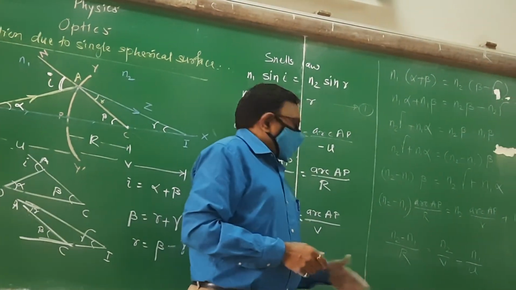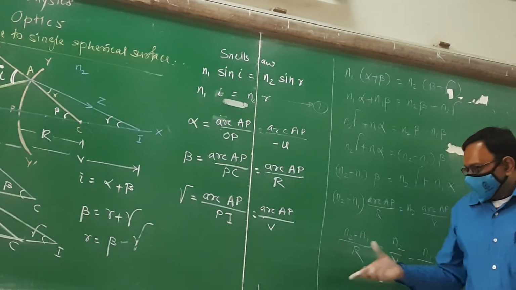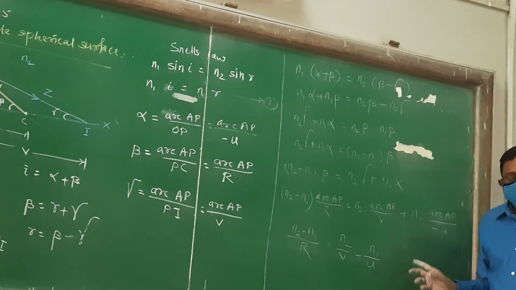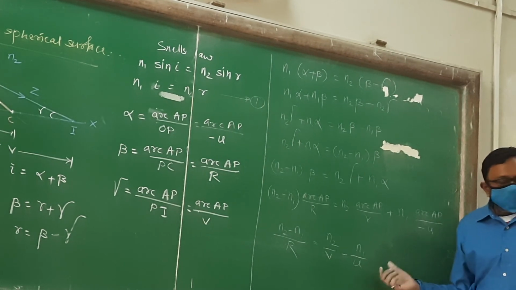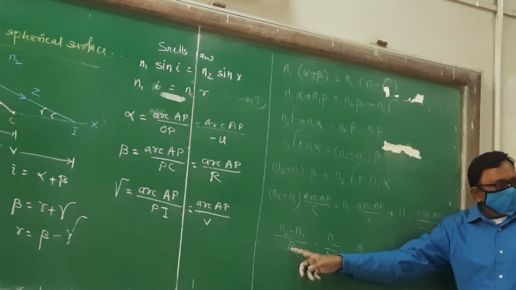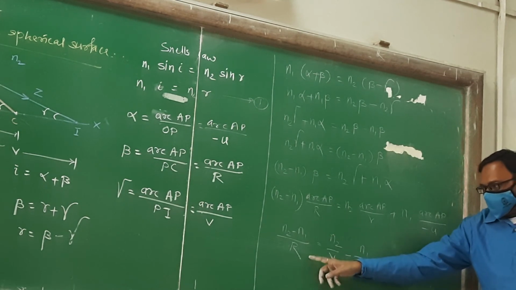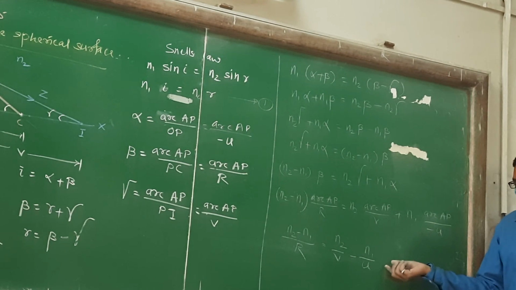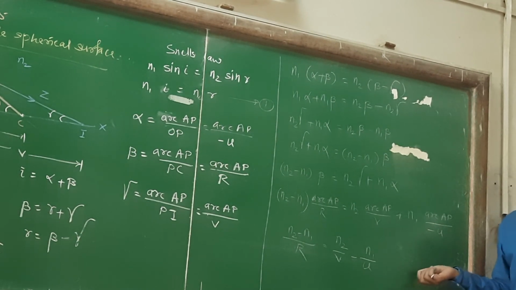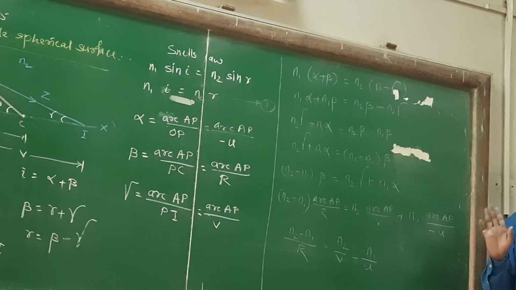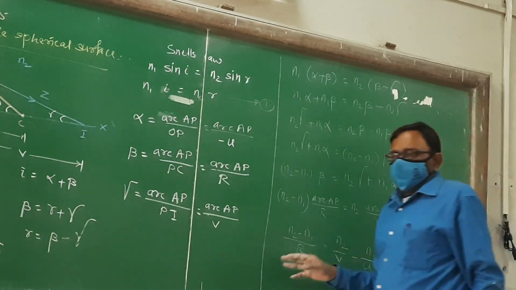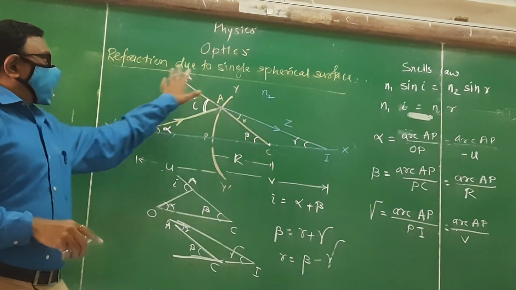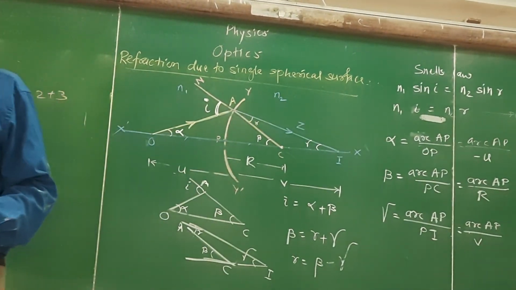Sometimes the question is asked like this. Here, this equation is given to you, derive this equation. Only this much is asked. The equation is n2 minus n1 upon r is equal to n2 upon v minus n1 upon u, where the symbols have their usual meaning. In this way, we write the question and answer related to refraction due to a single curved surface. Okay. Stop.